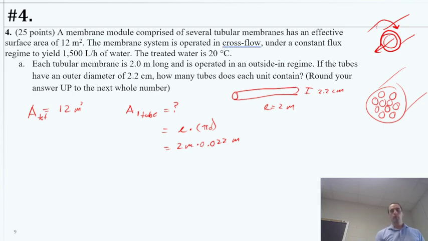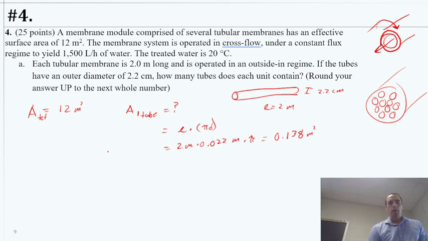I think there were probably a couple of conversion errors there, but that should be 0.022 meters times 2 meters. Of course we have to multiply by pi as well. And that should give us an area for one tube of 0.138